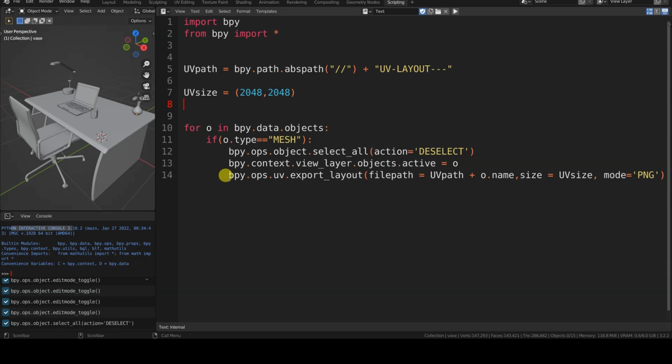The bpy.ops function we are going to use is pretty simple. It only requires two parameters, namely the file path of the image to be created and the UV size in pixels. However, since we have to use it for all available mesh objects in the scene, we will use a for statement on the mesh objects. Additionally, I will specify the file extension, which is PNG by default. Actually, I will export the layouts as PNGs, but I want to show you how to specify it because you can also export the UV layouts as SVG or EPS files.